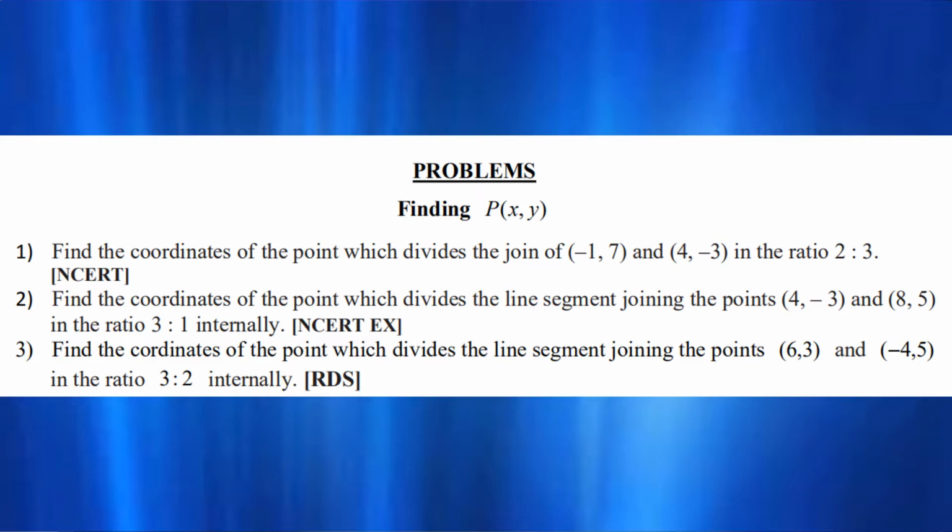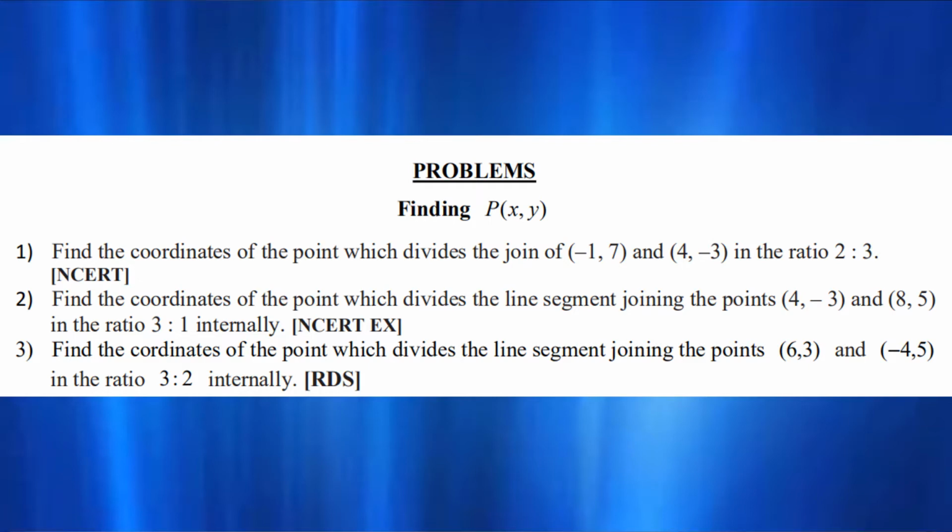And question number 3 is from the R.D. Sharma textbook. You can solve this one. x1 y1 x2 y2 is given, ratio 3:2. One word, internally, is added, don't bother about it. So here also it is an internal division, and the first question is also a case of internal division. Sometimes he may give the word internally, but sometimes he may not give. Don't bother about the word, same procedure. You can carry on with 2 and 3.